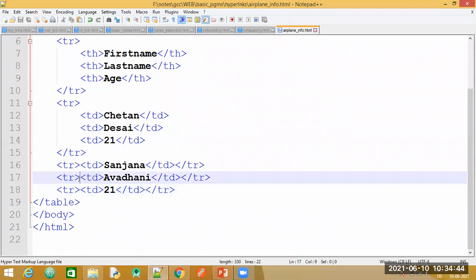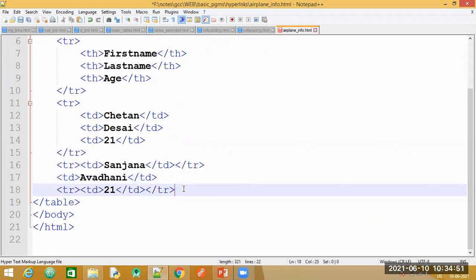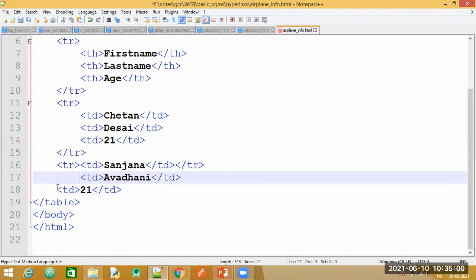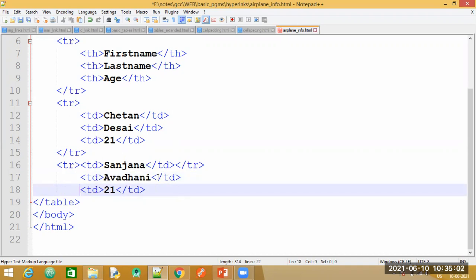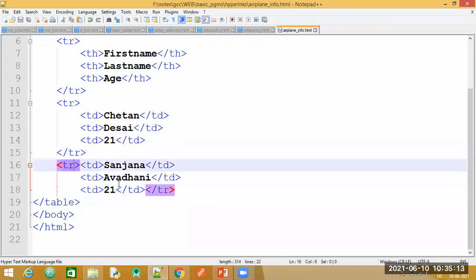Correct, because this is for a third row. This was for our third row, and this was for our fourth row. Then which tag do I need to end now again? The TR tag has to be ended, no? This tag, see it is here. I need to end it after my data has been added. So if I end it here, this is the third row. In the third row, these are the data that I have.